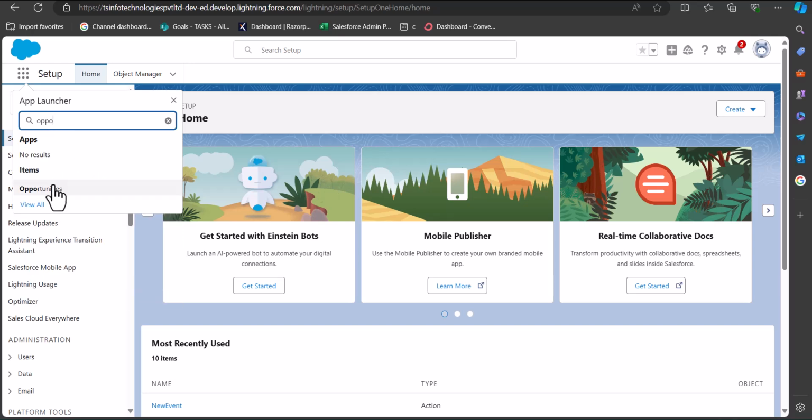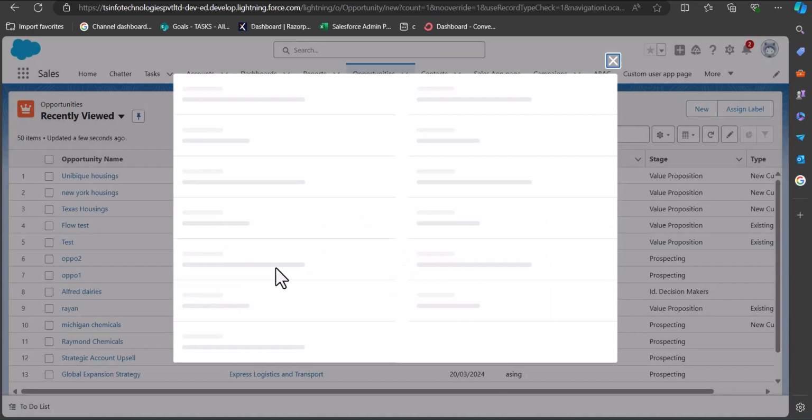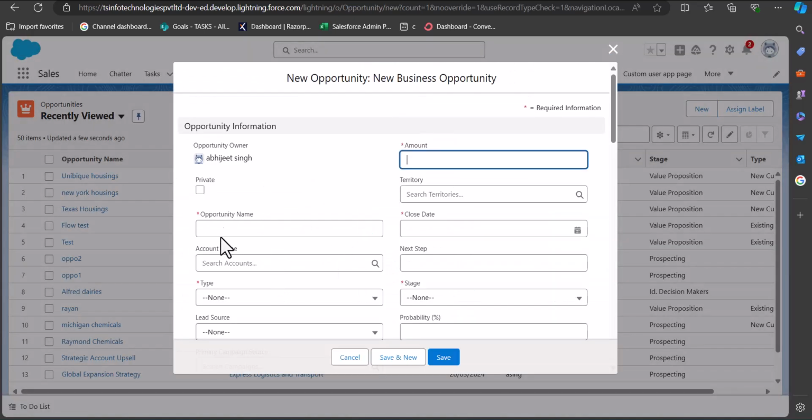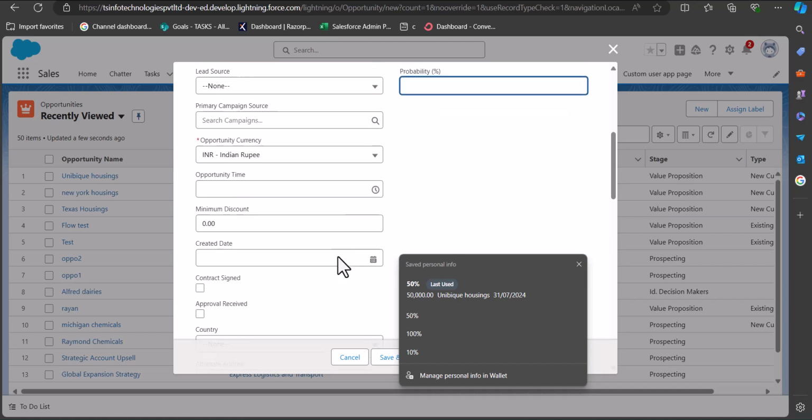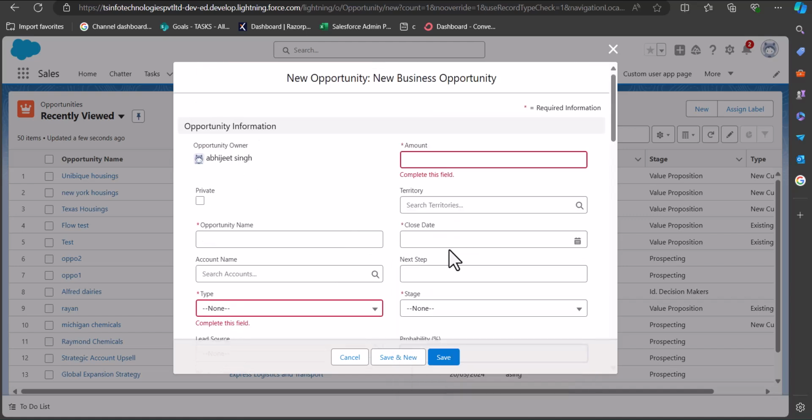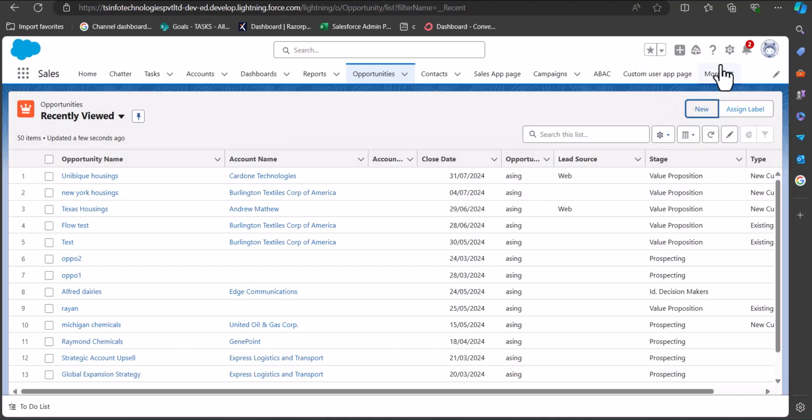So I will navigate to the opportunities tab, and here you can see this opportunity name, account name, type. These are the fields. So here we can say that opportunity name is a text field, and the type field is a picklist field, and probability is a number field. So this is how we use fields for the custom and standard objects to store the data of that particular field type. So now we will go back to the setup page,